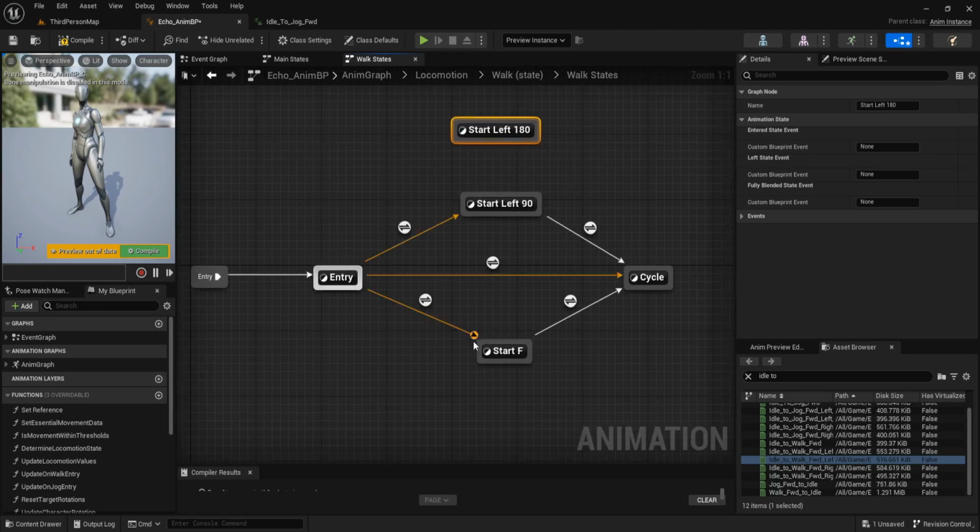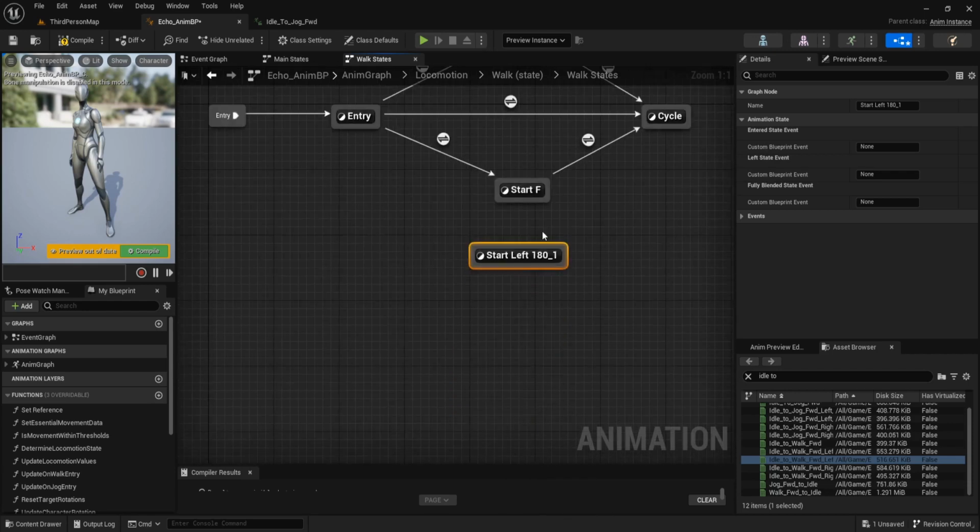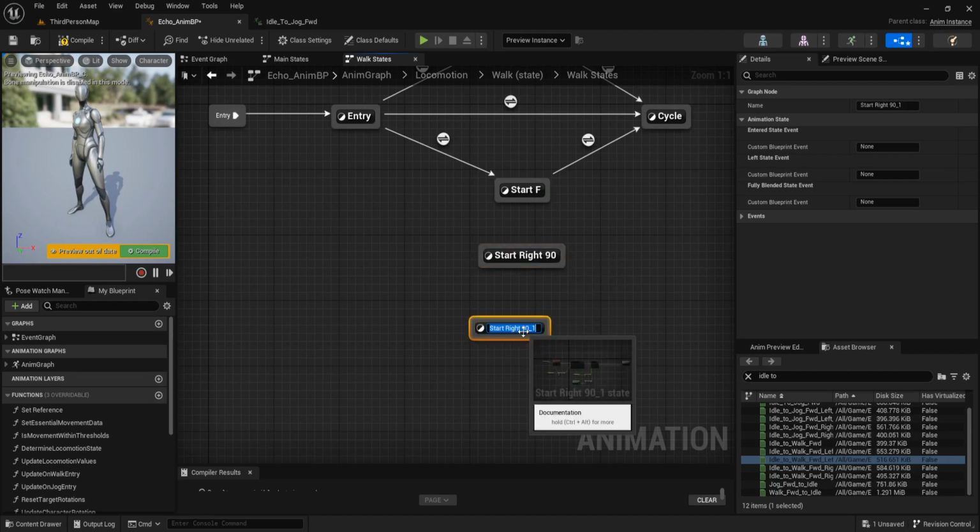Copy this, rename it to start right 90. Copy again, rename to start right 180.